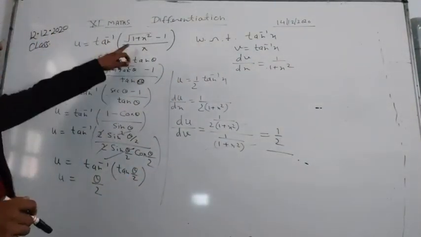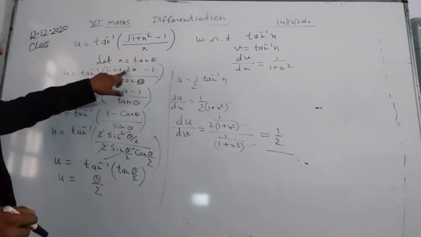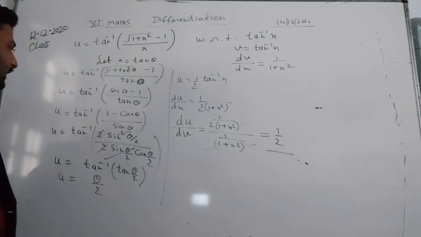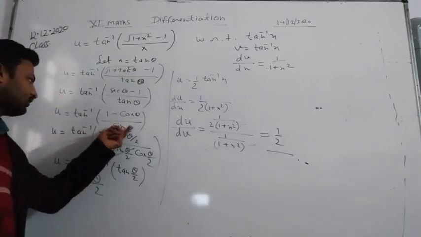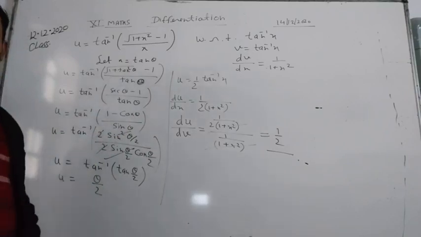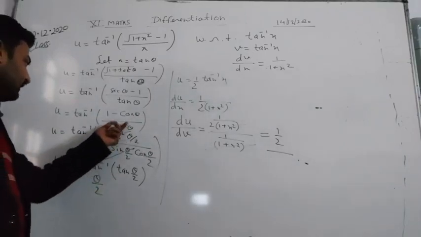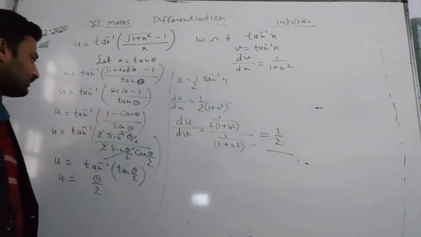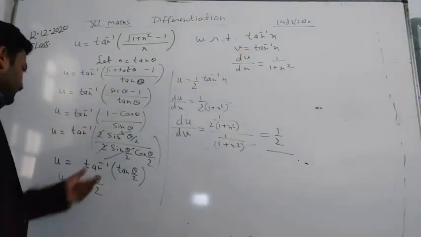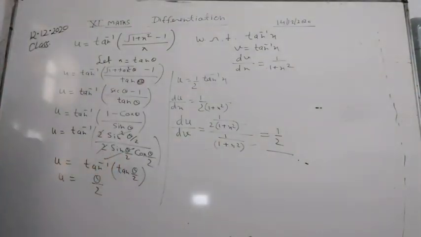We have just taken x is tan theta and substituted the value of tan theta, so we get sec theta minus 1, and after that we have taken 1 minus cos theta by sin theta. It will be changed when we change sec and tan into sin and cos, then we get this. Now in place of 1 minus cos theta we can write 2 sin square theta by 2, and here 2 sin theta by 2 cos theta by 2.